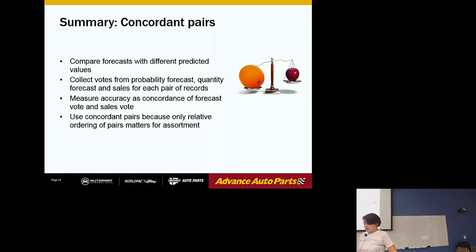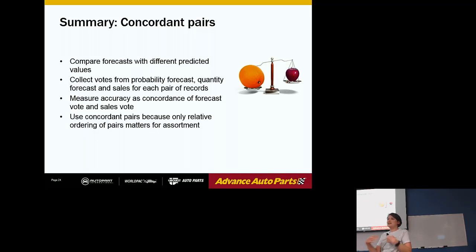The interesting thought behind this is that the thing that allowed us to do this is because we are using this for assortment, which means that relative ordering of peers is the only thing that is important for us. If our use case was different, this could have not worked for us.